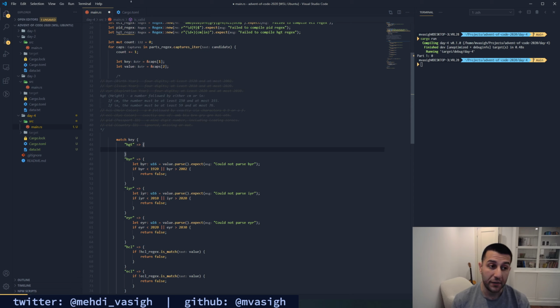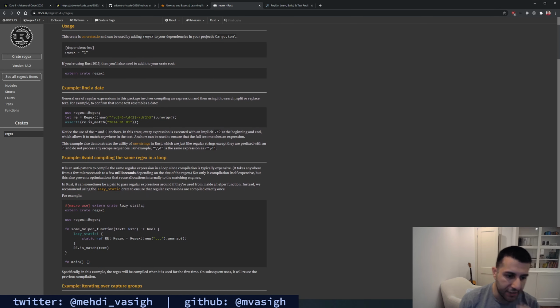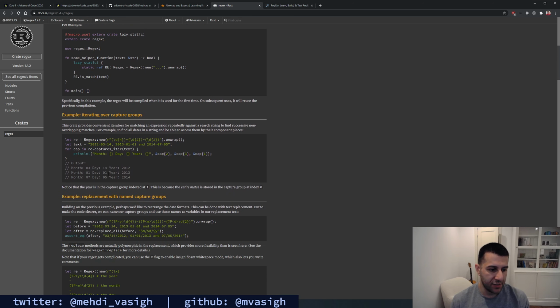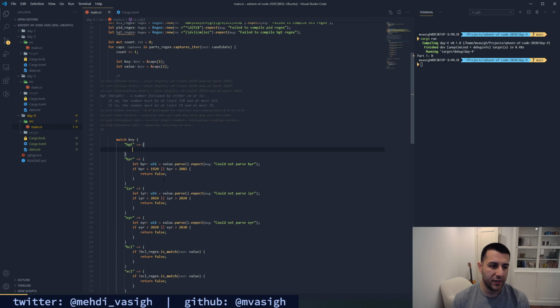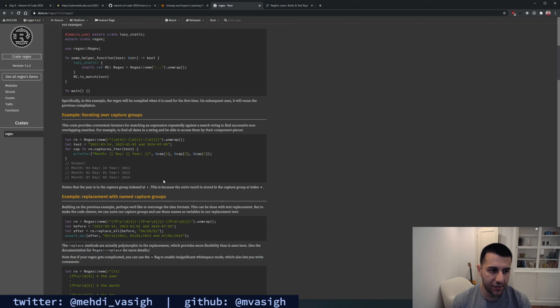Now we can match the value against the height regex. I don't want an iterator, I guess I can just collect. So I could do something like captures iter text collect. Let's say let HGT caps equal HGT regex captures read. What does captures read do?